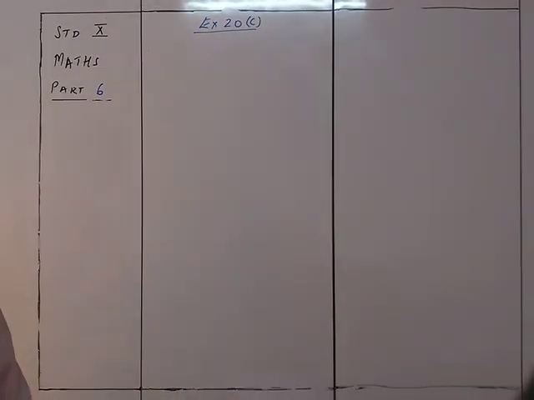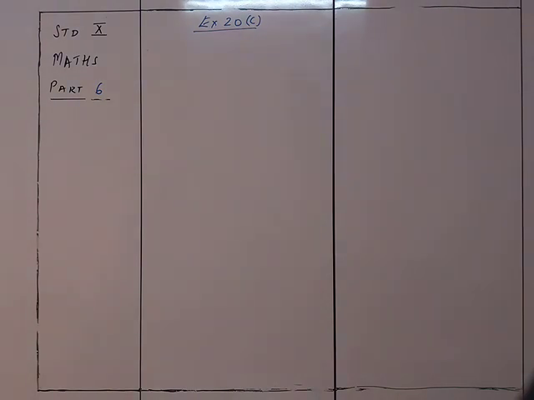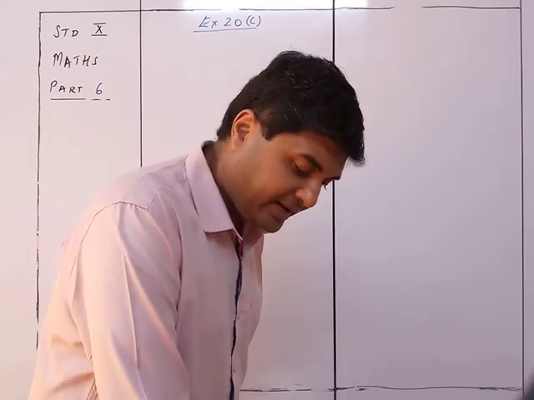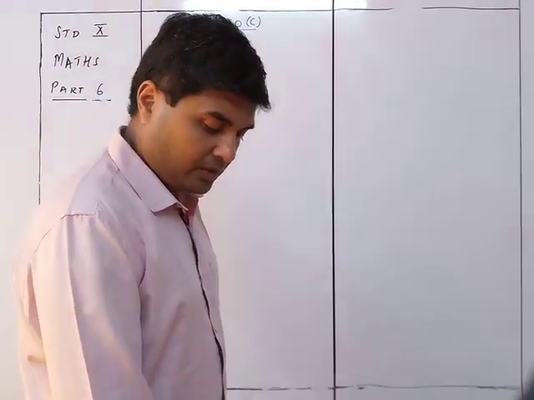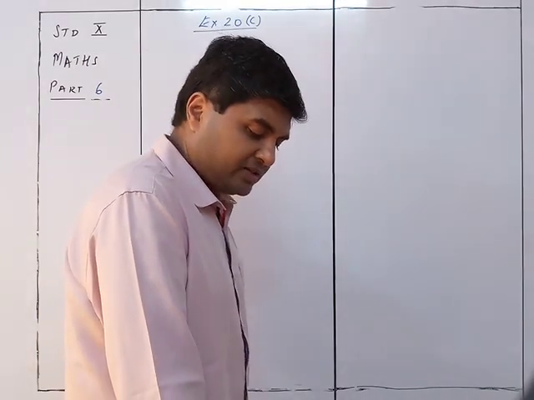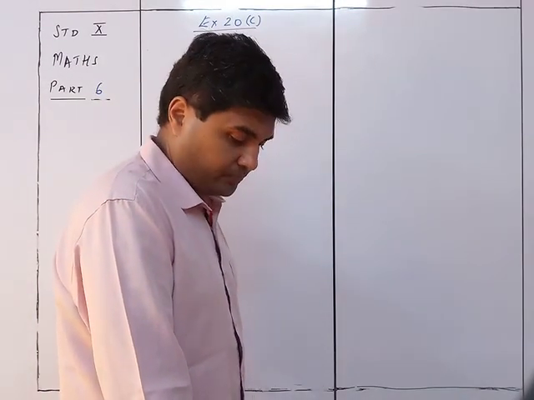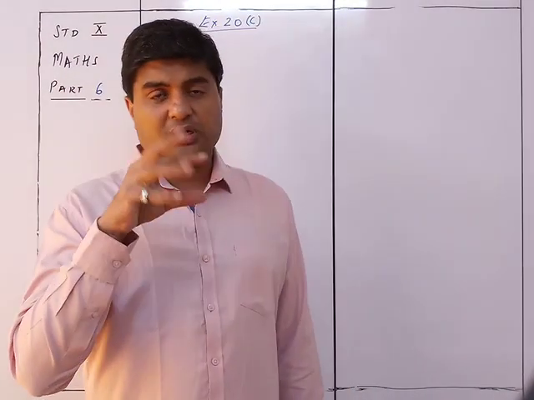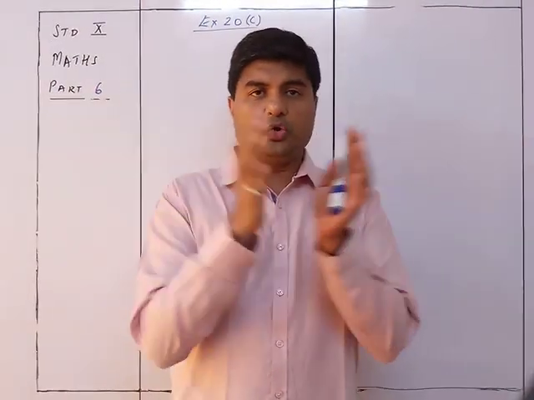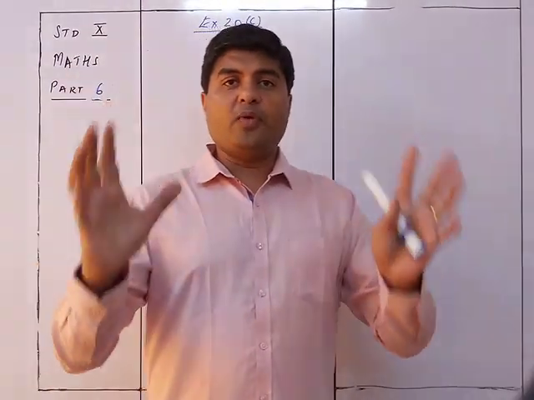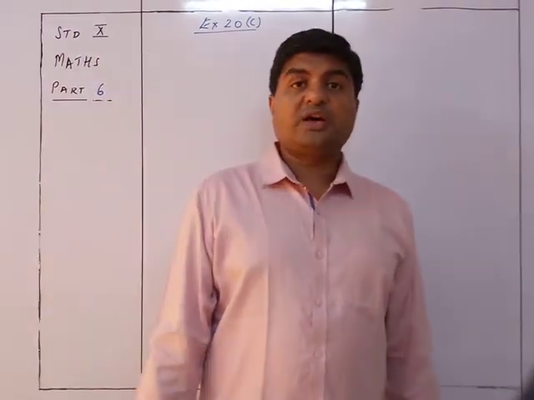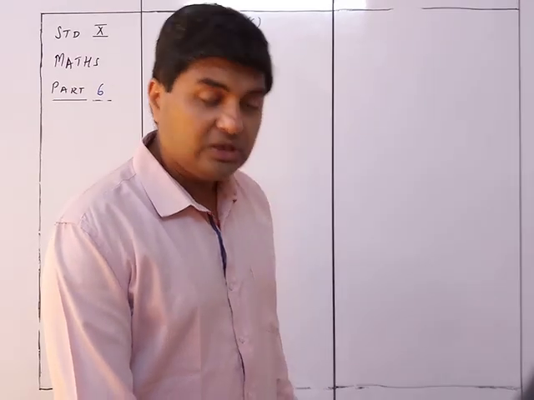Okay, that's sum number 11. Metallic spheres of radii 6 centimeters, 8 centimeters and 10 centimeters respectively are melted and recast into a single solid sphere. Take pi as 3.1, find the surface area of the solid sphere formed. So what they have given you: there are 3 spheres, one of 6 centimeters, another of 8, another of 10. These three were mixed and they made one big sphere. What we want to know is the surface area of the solid sphere.